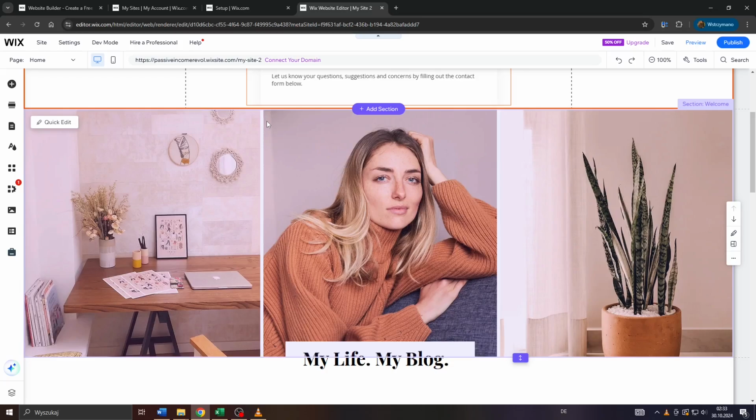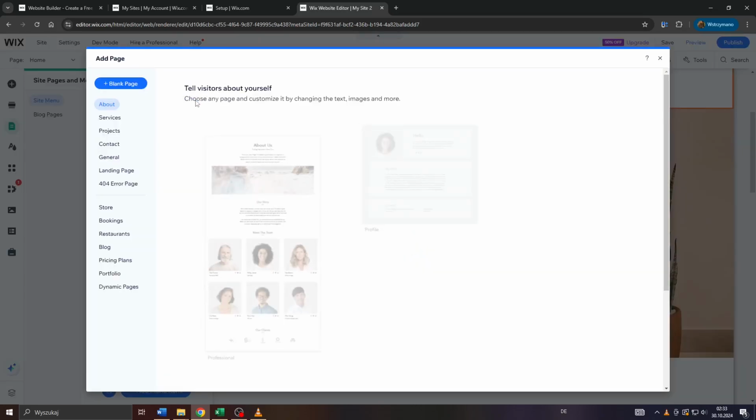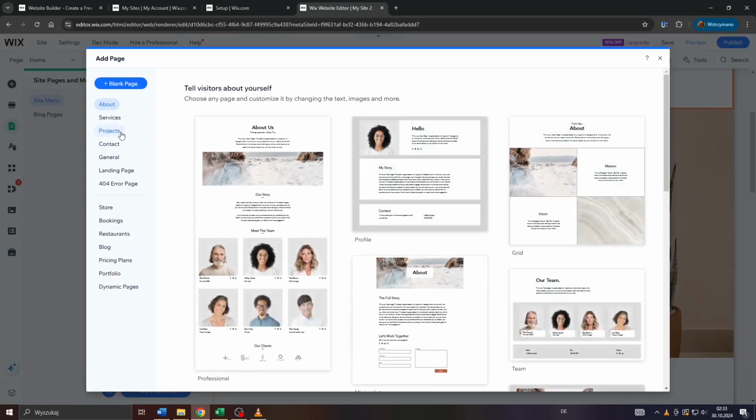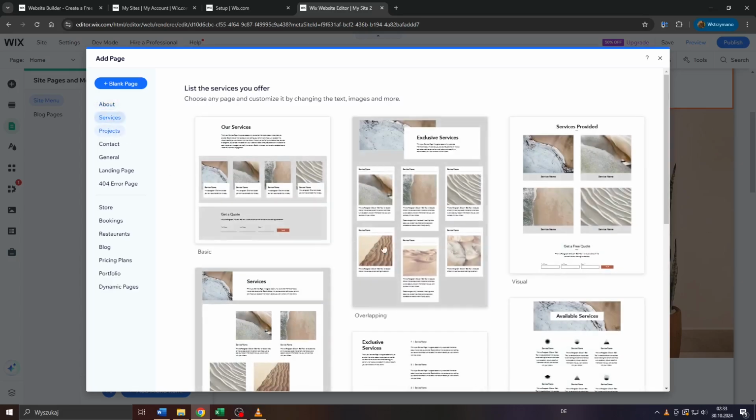Now guys, to add a new page, simply click on Pages menu here on the left sidebar, and here at the top you will see that option, Add New Page. So if you click on it, guys, you will be given access to the library of customizable website templates here